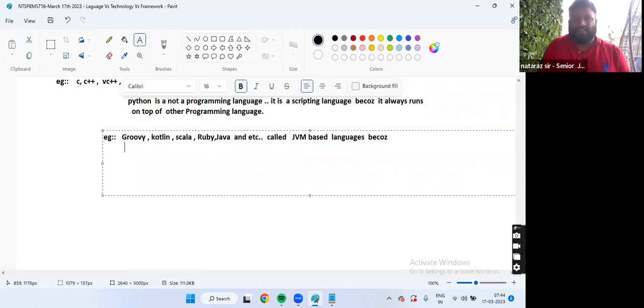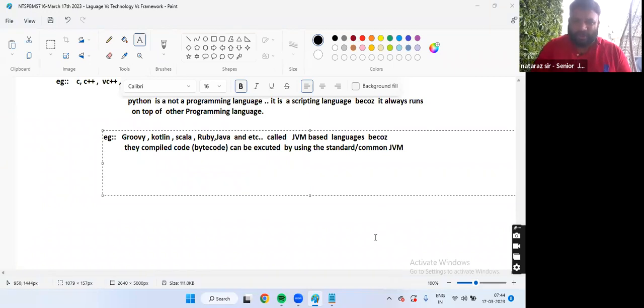Because their compiled code is nothing but bytecode, right? It can be executed by using the standard or common JVM.